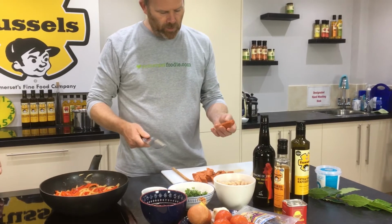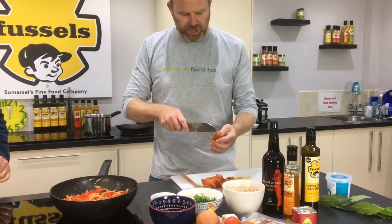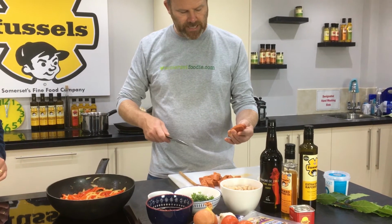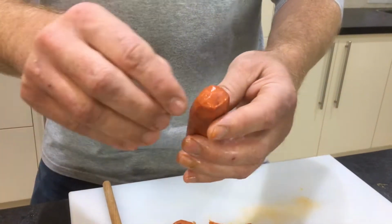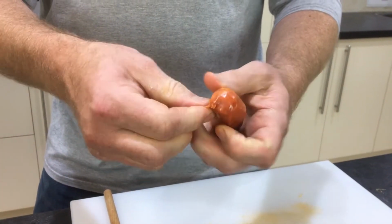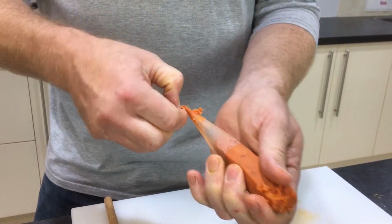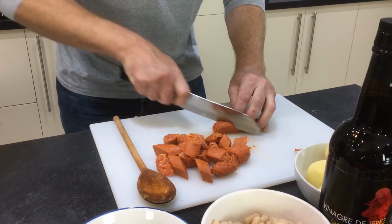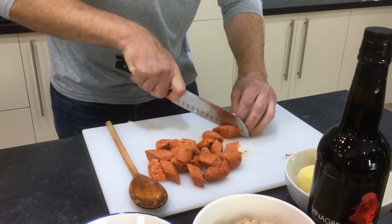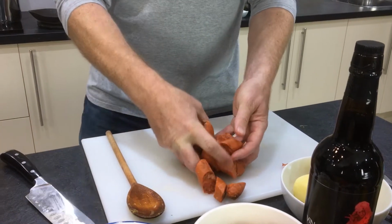If you cook these just on their own, you don't have to skin them, but into a stew, it's really good just to take the skin off. So what I do is quickly run a little knife down it like that, and the skin comes away really easily. You just peel that back and pull that off. Off it comes. And then I'm cutting it on an angle like that, into quite nice big chunks really. And all that's going to go into the...